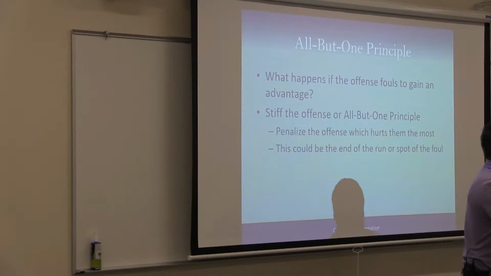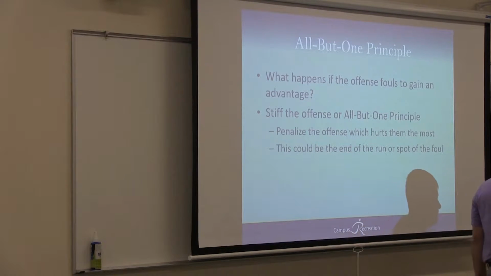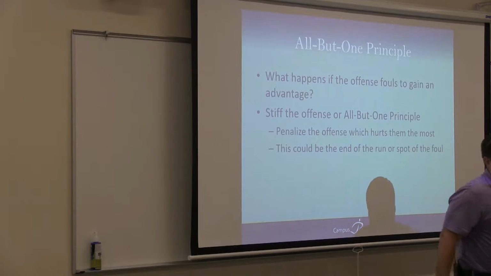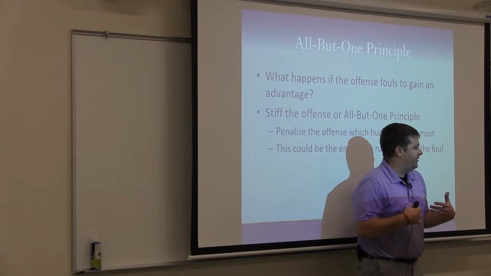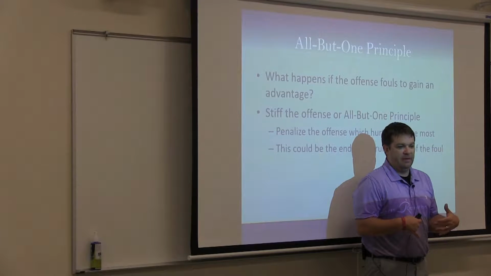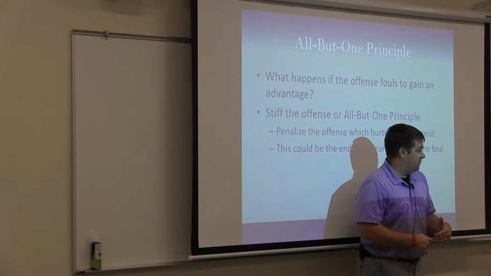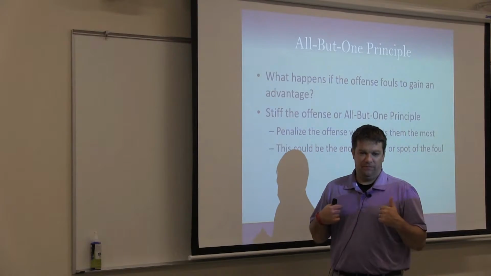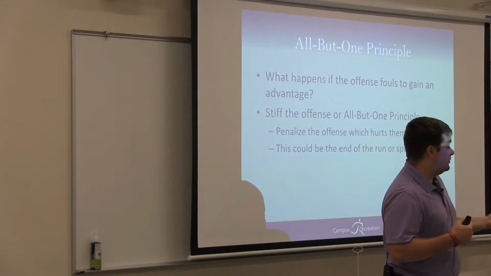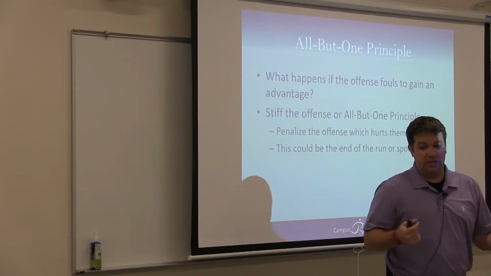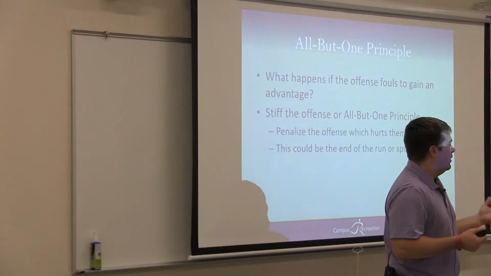So, we talked about a loose ball play, where I scramble and I throw it. We said the spot of enforcement was the previous spot, where the puck was. But if my offensive line commits a penalty back here, 5 yards in the backfield, we're going to go back and penalize from there because it hurts my team the most. So that's why when we throw flags, and you're actually going to get the opportunity to throw flags today,